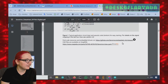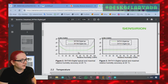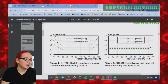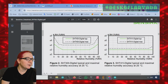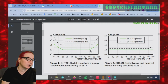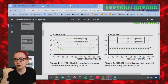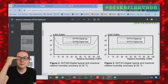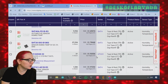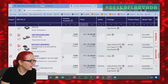And a lot of it has to do with the typical and max error. So the typical is what they're going to advertise. They'll be like, oh, typical is 2%, but the max is kind of what you want to look at, because the max is where it's like, okay, your typical is 2%, but the max is 4%. So you're like, oh, because these all look the same, what's the difference between all these? And then if you look at the